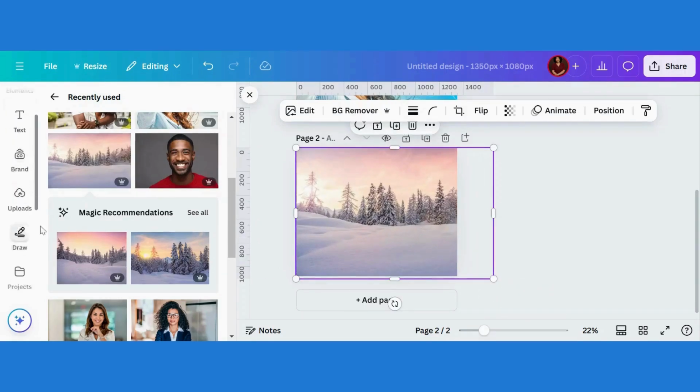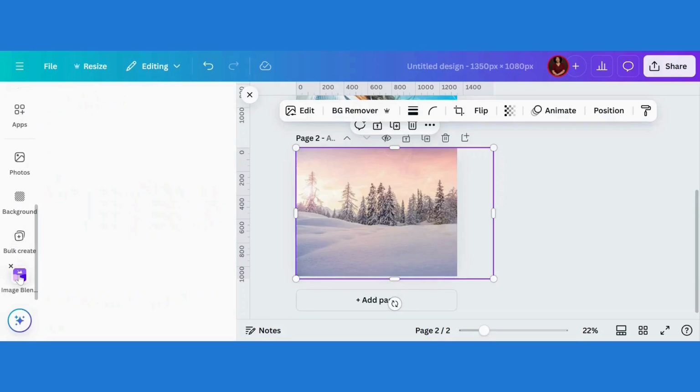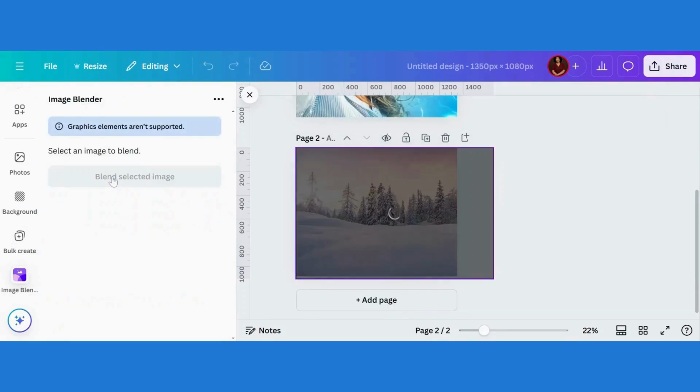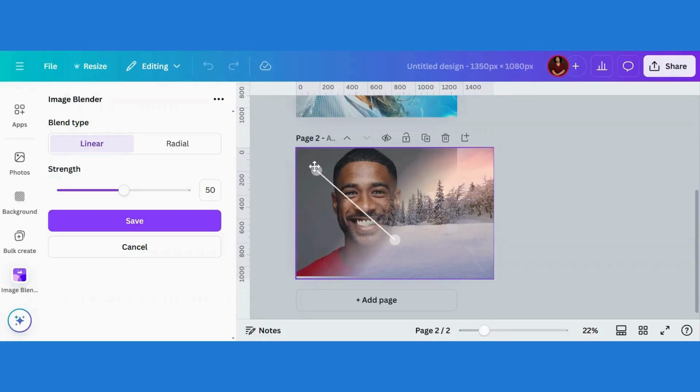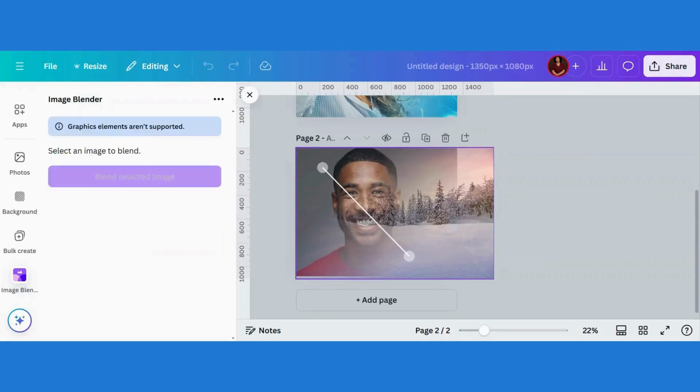And go back to Image Blender. Blend selected image. Rotate it how you want. Increase or reduce the strength. And that's it. So this is how to blend two images in